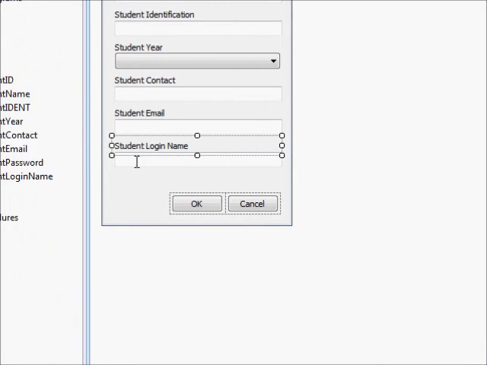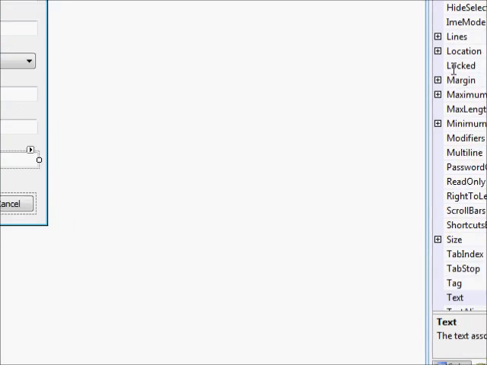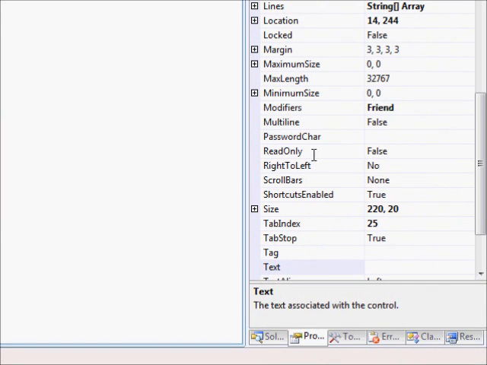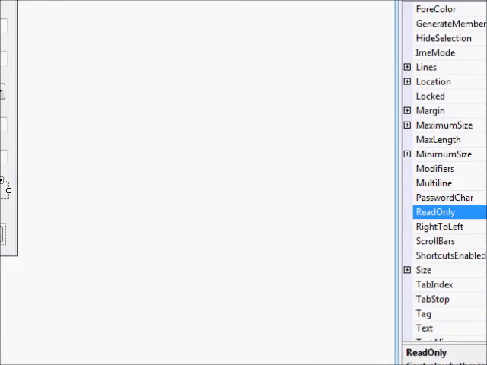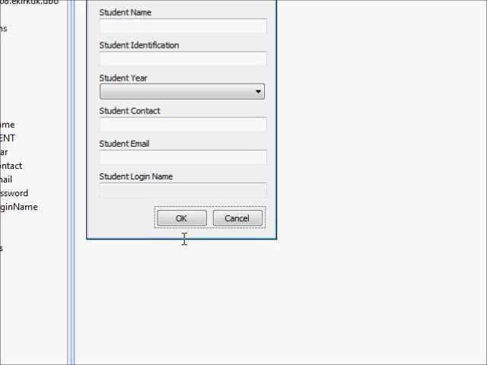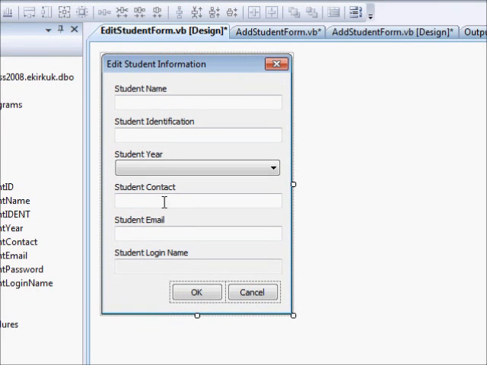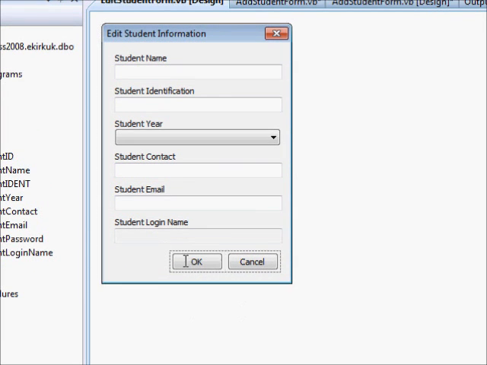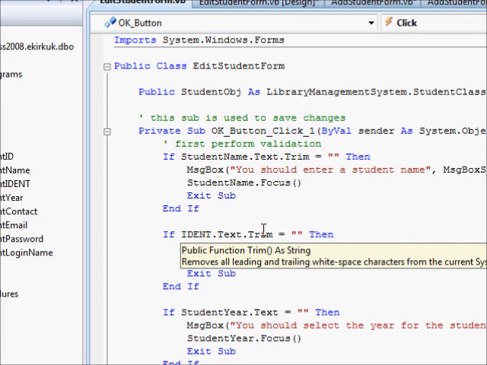I will not make it changeable, so this column will be read only. I don't want the student login name to be changed at all, although we have this option available in our code. It's just that I don't want to. Besides, think about it. For example, when you create your Yahoo account, you don't change the email, right? So yeah. Anyway,